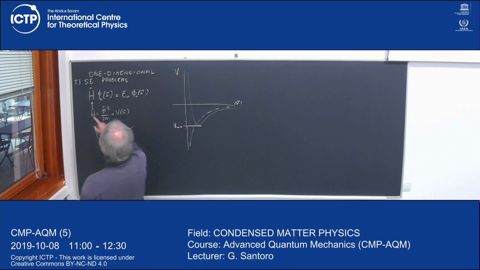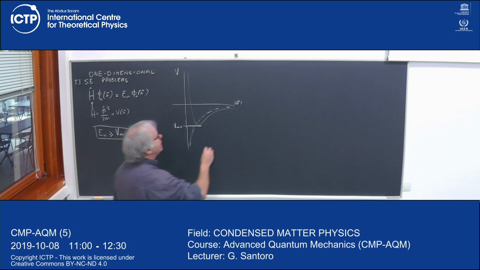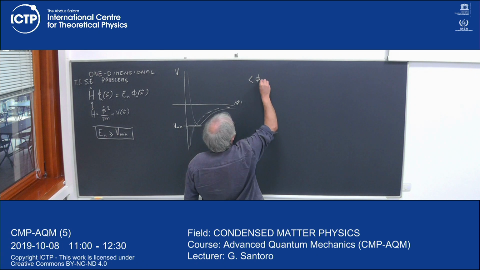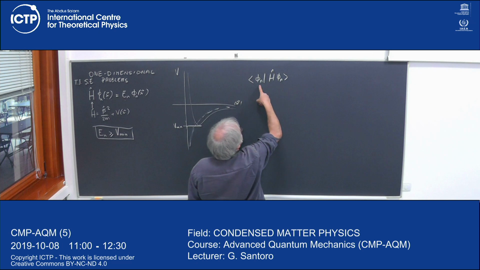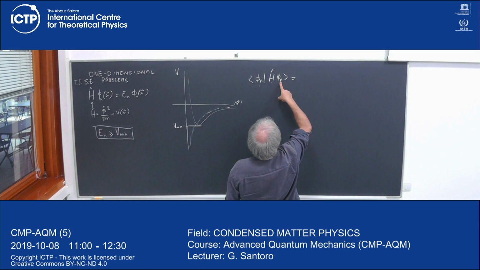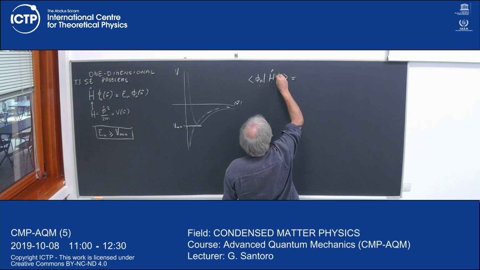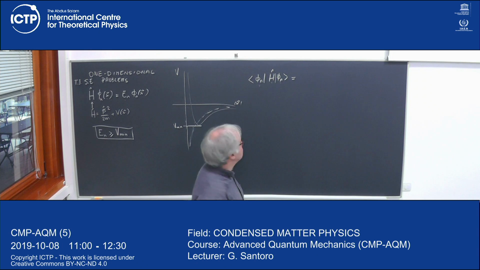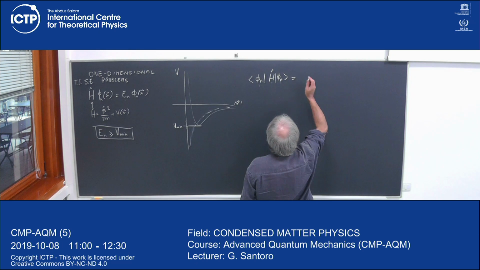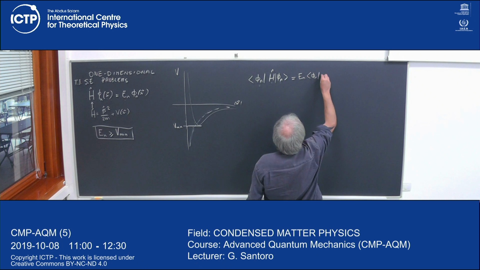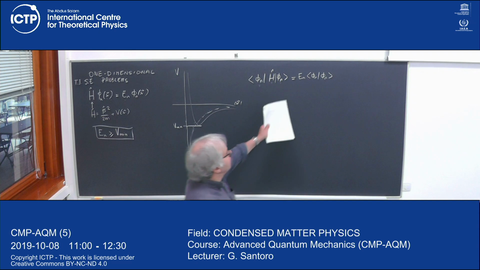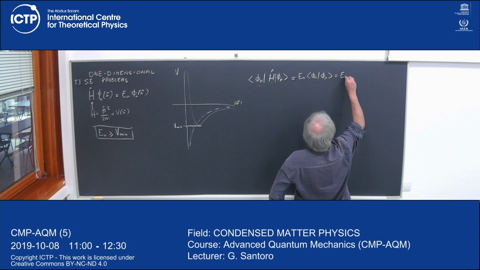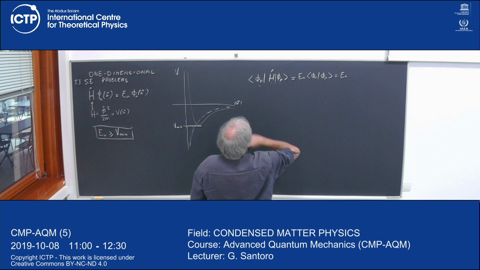Let's take this eigenvalue problem, and let's take the scalar product of the eigenvalue problem with phi n itself. So here I have H phi n. Remember, I can add the bar, but it's up to you, the Dirac notation or... Okay, and here I have En phi n phi n, right? Now, assume that the wave function is normalized, so this is 1. Okay, so this is En. Fantastic. Now, what about this?